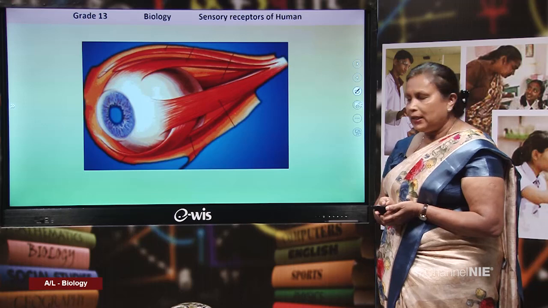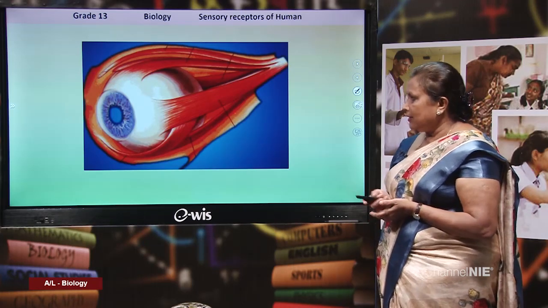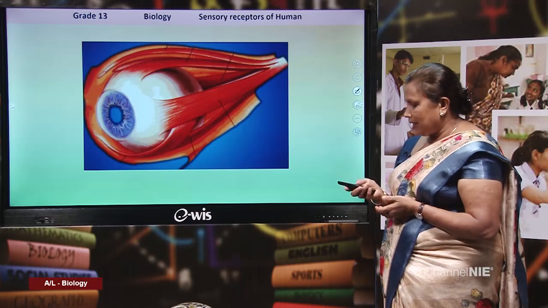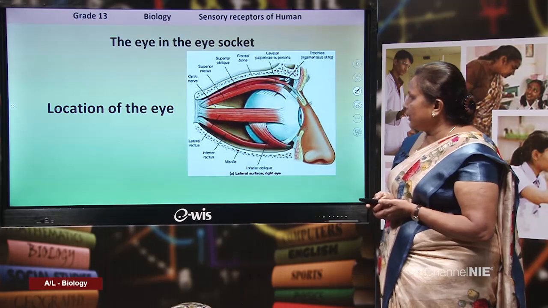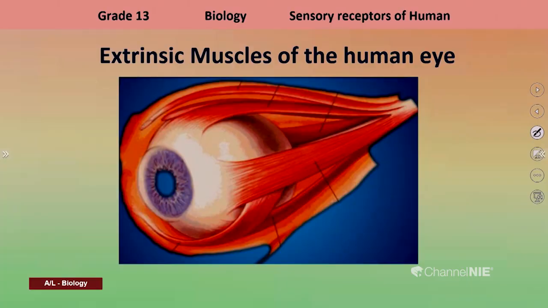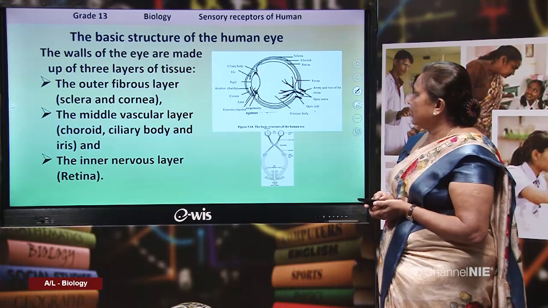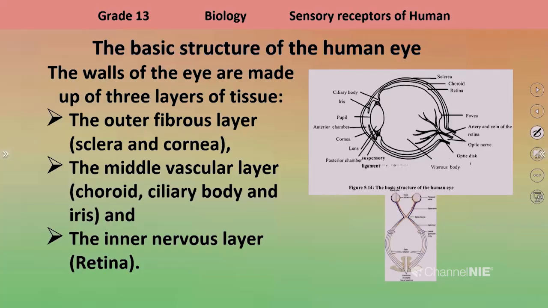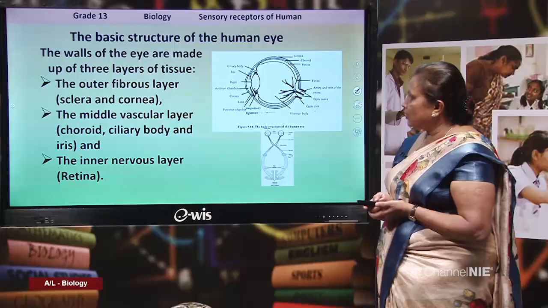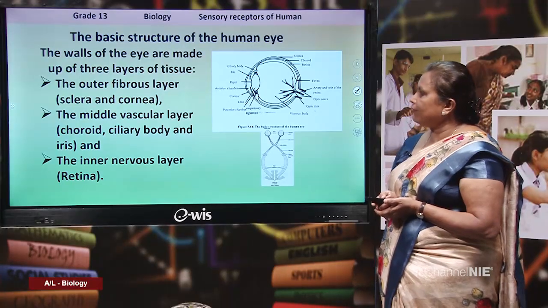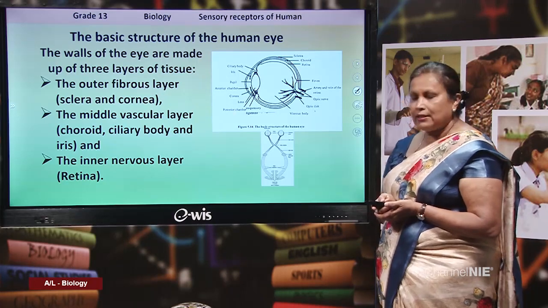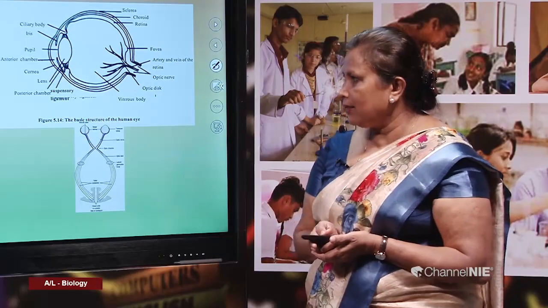of the human eye. So as you see here, it's a spherical structure, found in the eye socket. It contains extrinsic muscles which are attached to the eye socket and some of the bones around the eye. It contains a number of layers: the outer fibrous layer, the middle vascular layer, and the inner nervous layer. So you know the parts of each of these layers, which are differentiated into different